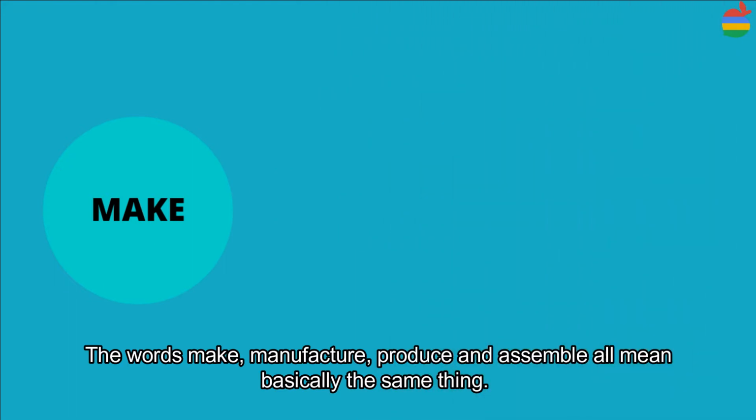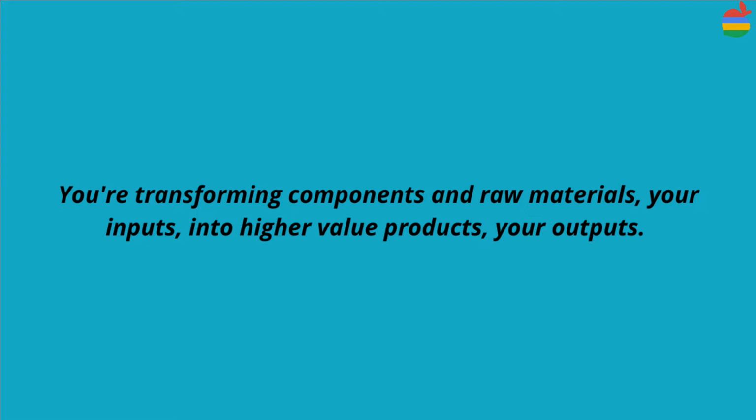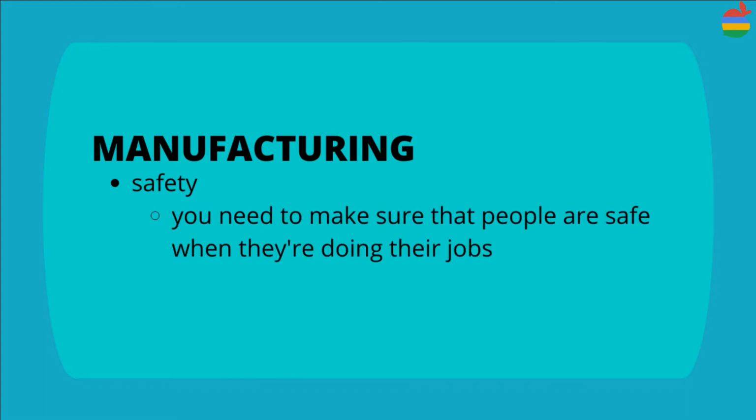The words make, manufacture, produce, and assemble all mean basically the same thing. You are transforming components and raw materials, your input, into high-value products, your output. And no matter what you are making, there are four things that you need to pay close attention to: safety, efficiency, capacity, and quality. First and foremost, you need to make sure that people are safe when they are doing